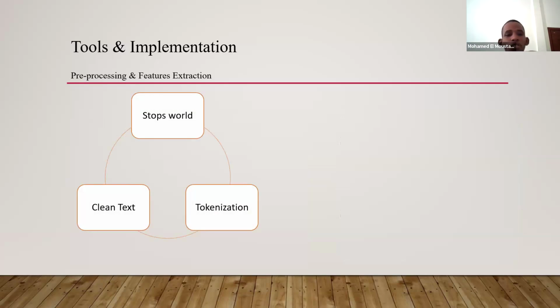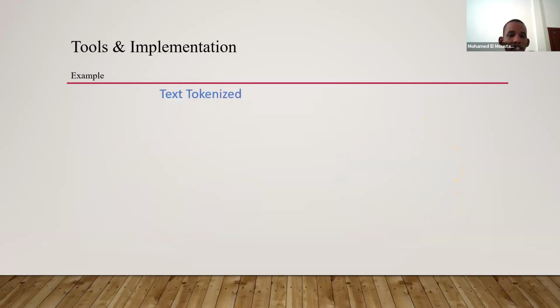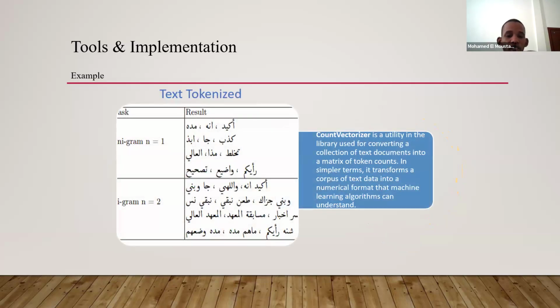Next, we clean the text. This is the process used for cleaning Hassania text and extracting the information. All the text passes through this process. It is cleaned and tokenized into multiple tokens in order to deliver the information behind the text. That is an example of a text being tokenized.